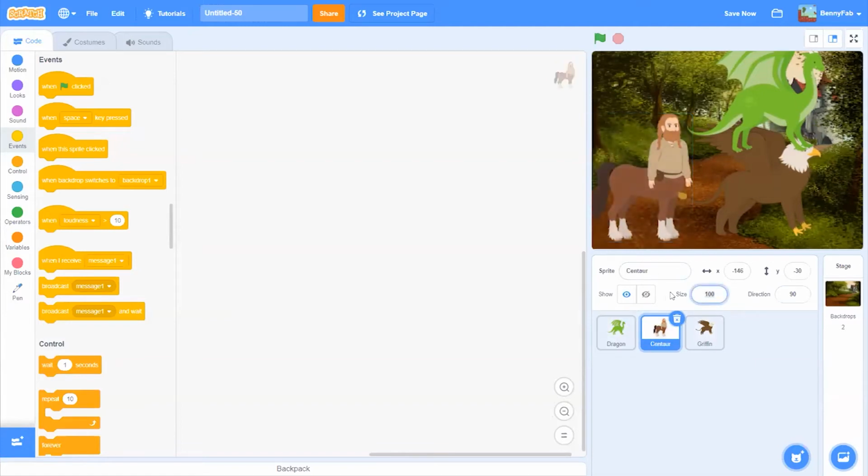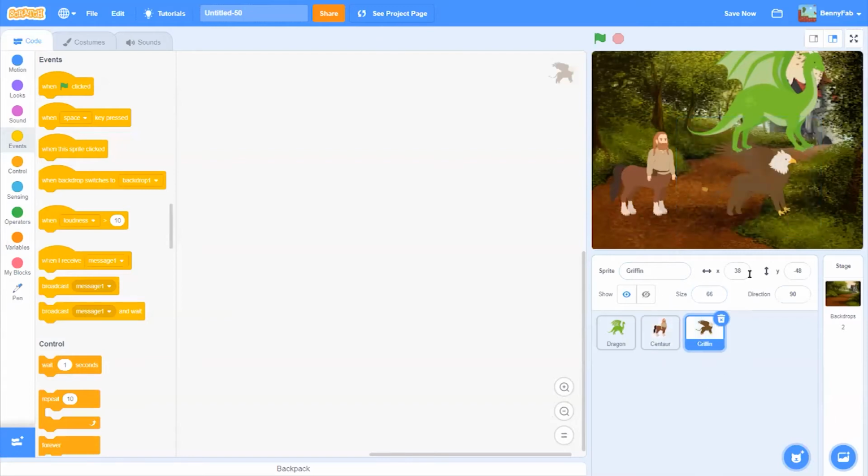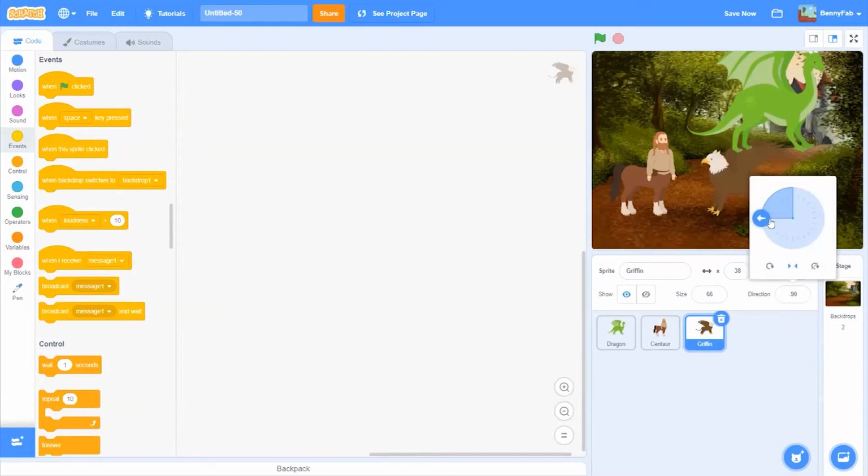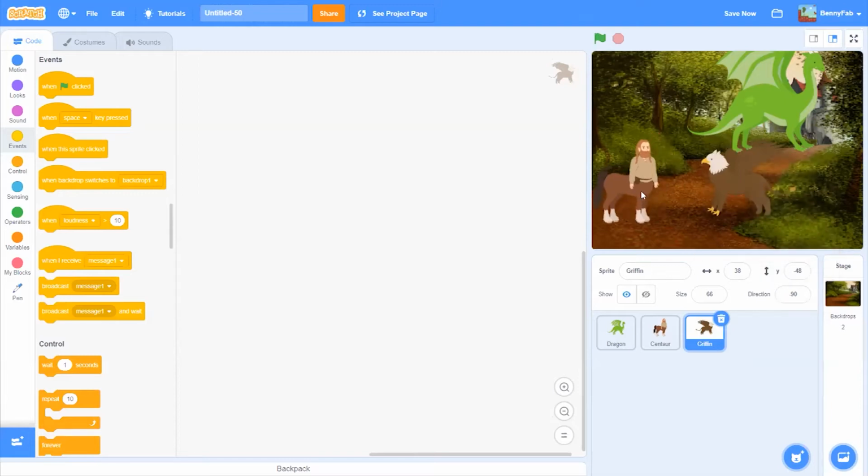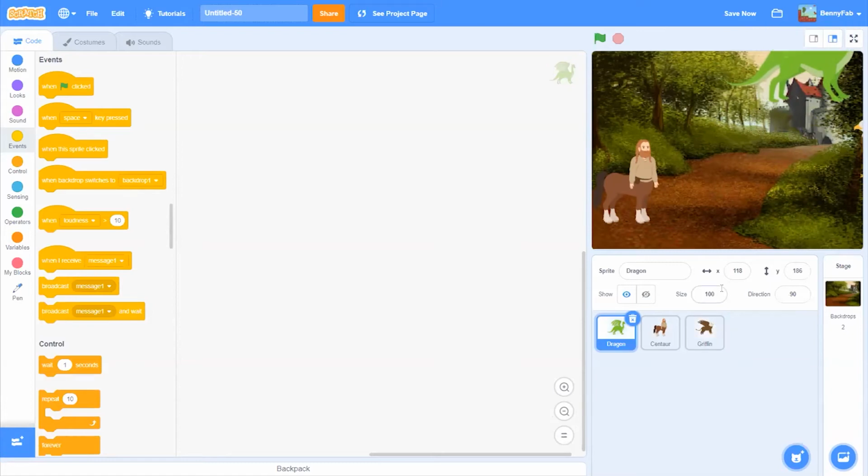So I'll do a setup at a size of 66 for both, like that. I want my griffin to look toward the center. One of the things I can do is use the left right button here and simply flip 90 degrees that way. So instead of being upside down, it will simply flip left and right. My centaur will be there when it starts, and my griffin will come here. My dragon will be in the background here with a size really small, and